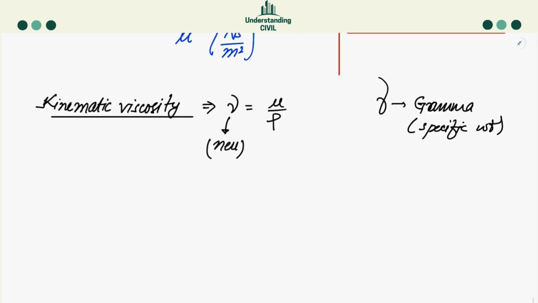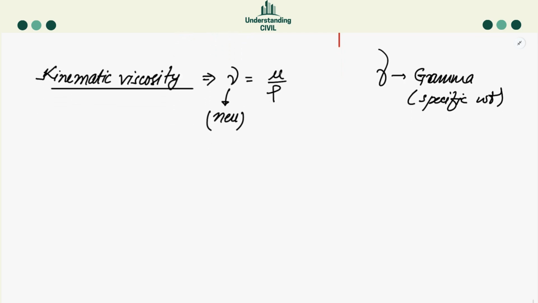So why the concept of kinematic viscosity? Because kinematic viscosity is actually normalizing the value of dynamic viscosity. The dynamic viscosity will vary as per the liquid density also. So if we normalize it with respect to density, we get a more usable value which we call kinematic viscosity. Now if I want to find the unit of kinematic viscosity, the unit of dynamic viscosity is Newton second per meter square